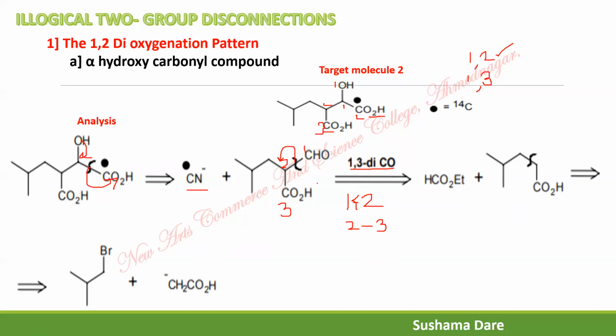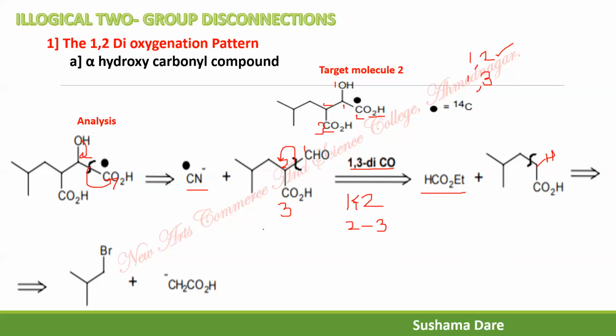So after disconnection of this, simply write down the hydrogen over here, and that is the best synthetic equivalent for this. And what remains is CHO plus. For the plus, you have to simply write down the leaving group, that is HCOOEt. So the best synthetic equivalent for this is ethyl formate.